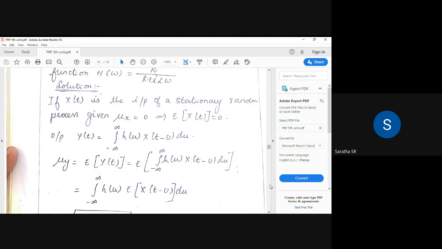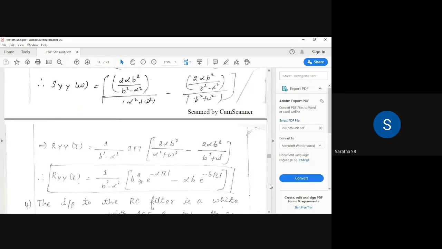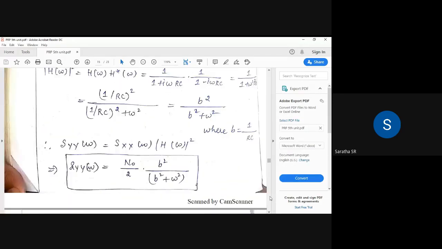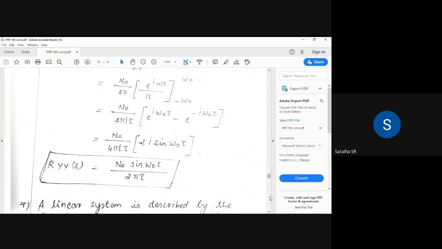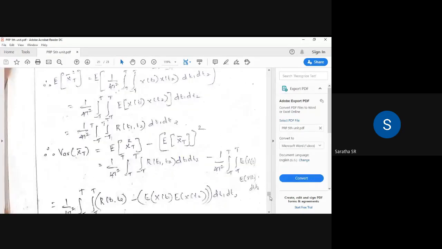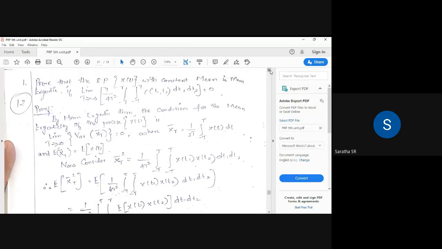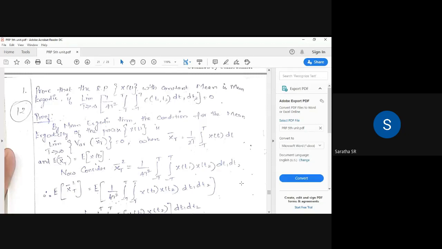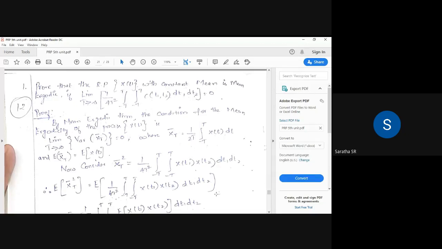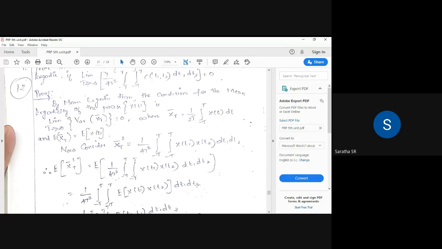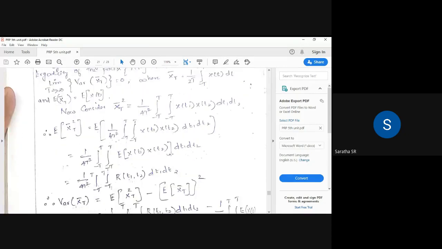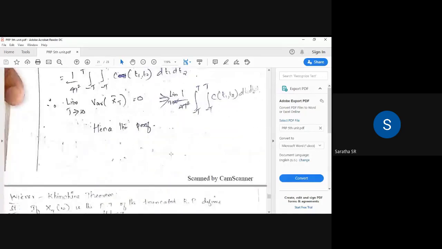Okay. If you have a doubt, please ask, then only I can understand. Are you able to understand or not? Then we'll move on to the next topic. Here I already explained this problem. The next page, the last page, I already explained in class itself. This mean ergodic theorem we already proved in class itself. The same problem only they wrote. This is not a new one. So refer to the class notes, then you can understand this property very well.